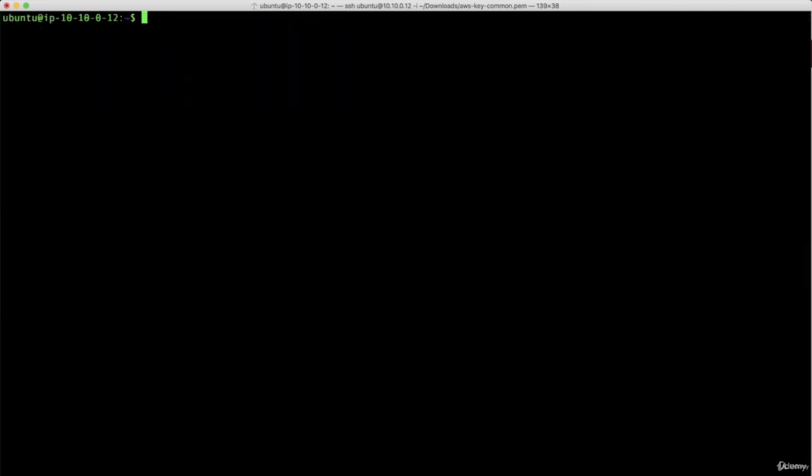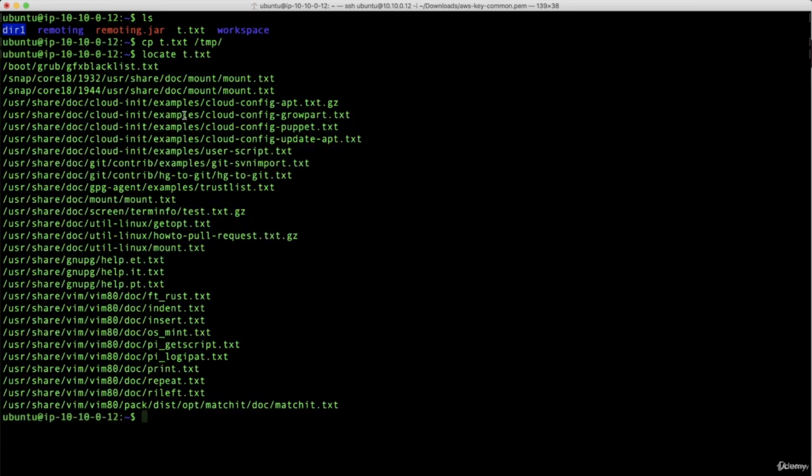Now the other command, which is locate. Okay, so let's have another file, which is t.txt again. And sorry about this. I will copy this file and put it inside the temp directory. But again, don't worry about the copy command, the move command, renaming files, or whatever. All of that will be handled in the next lectures. But for now, follow me. Copy from source to destination, and I will name it t.txt, or let's put it as is and put it there. So if I type the locate command t.txt, you can see that it will start looking for anything